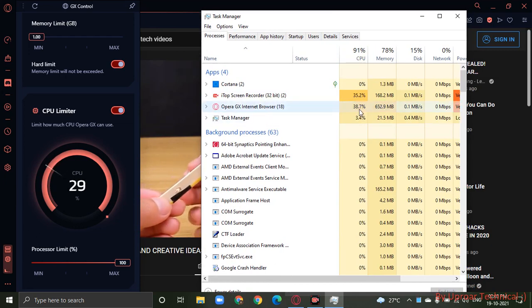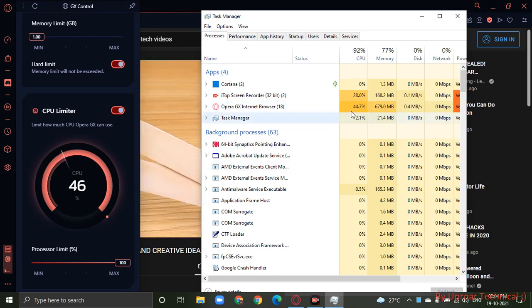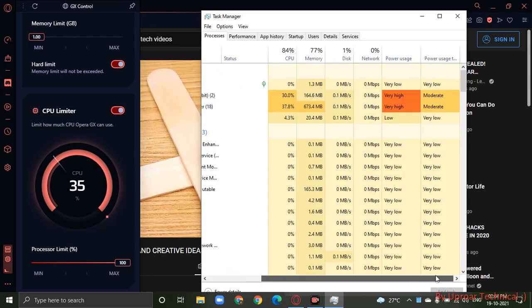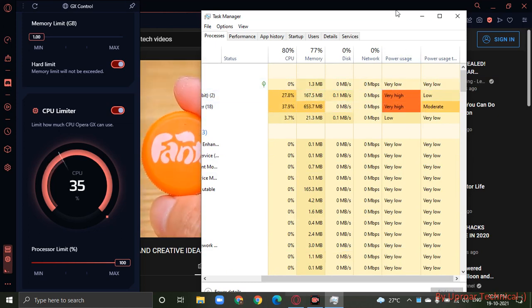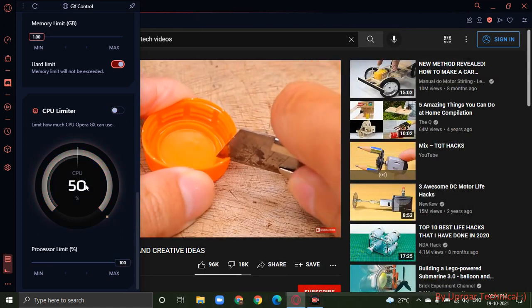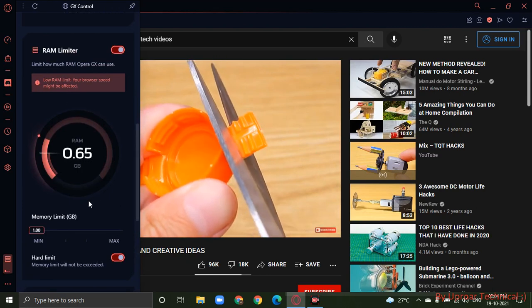Yeah, Opera GX. I can say it is almost real time, but you can see it kind of over reports. It's like 44%, 41%, 25%. It may be kind of over reporting, but the bad news is that it's using a lot of my power usage. Yeah, okay, let me just turn off the limiter and set it back up to 50%.